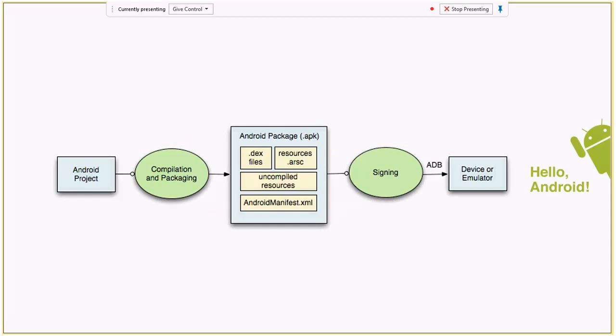Okay, so this is how the whole flow goes. There's an Android project which you build on the IDE, and it will be compiled and packaged into an APK. It will be signed, and it will be installed on the device. Normally that would be through the Google Play Store, but here I've given ADB, which is the Android Debug Bridge tool, which you can use to install on your device and emulator during development. So it's quick. You can do it all with the IDE. We'll talk more about this further in the slides.